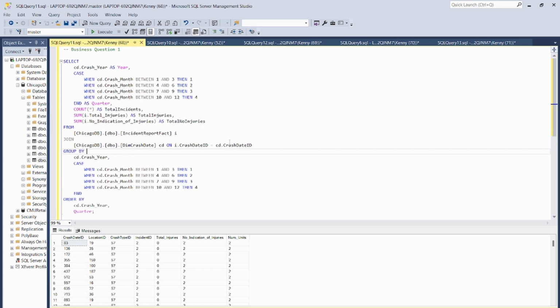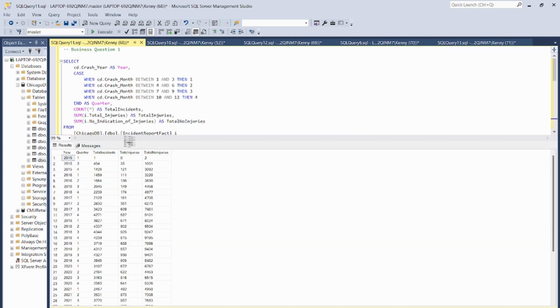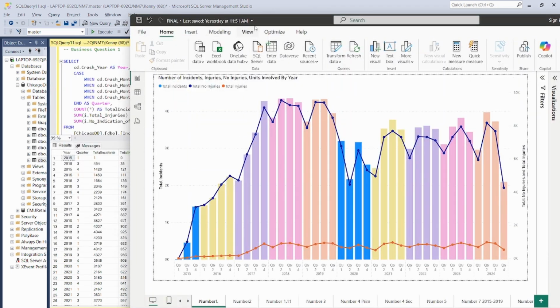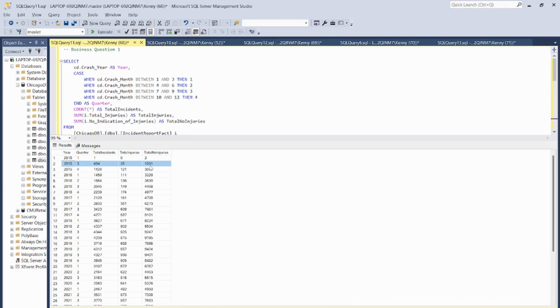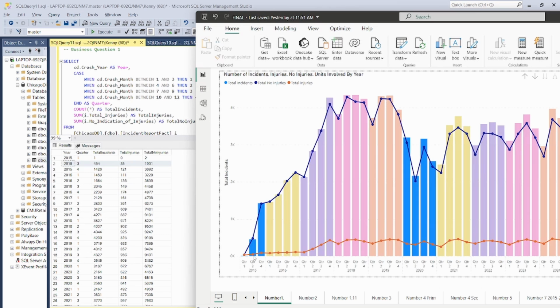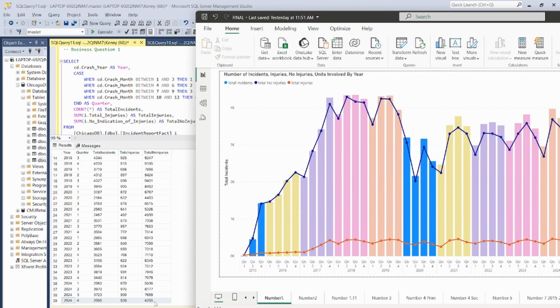So, if we run it, this is the output of the query, which has the same result as our business question 1 visualization. As you can see, if we base it from 2015 quarter three, it has 454 total incidents, 35 total injuries, and 1001 no injuries. So if we go to another one here, 2024, the last one,